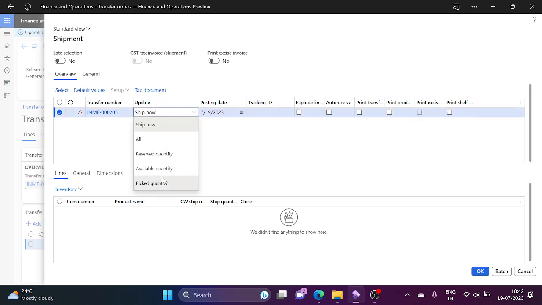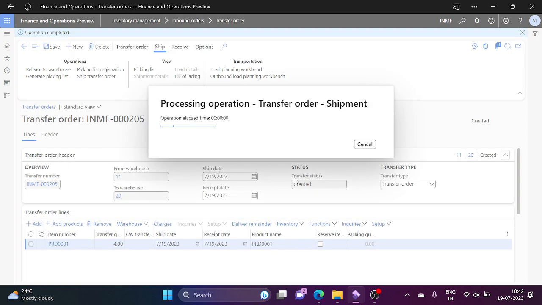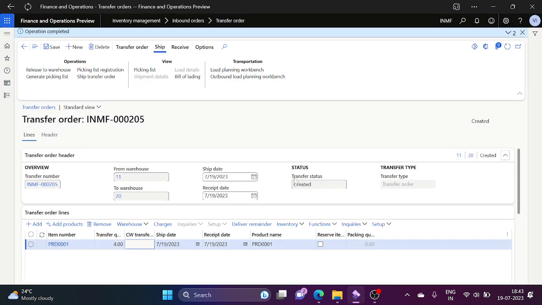Now I'm going to ship only the picked quantity, that is two quantity in this case. Once this is done,